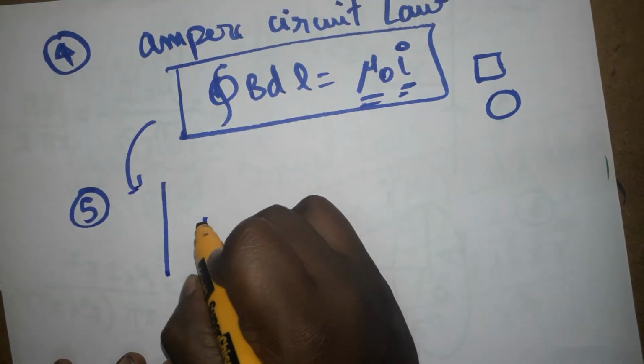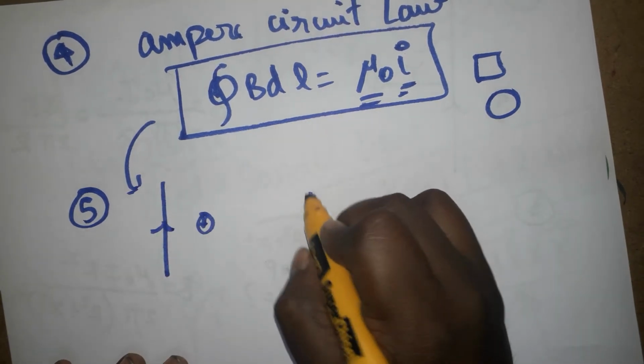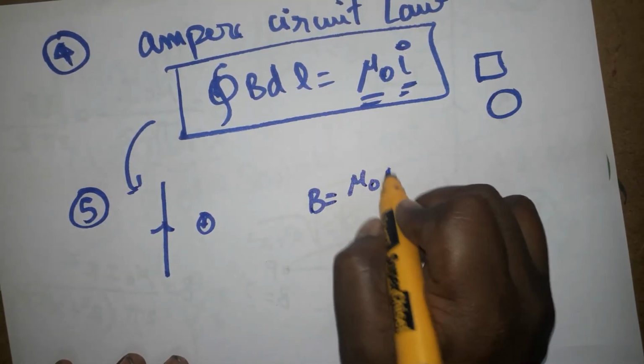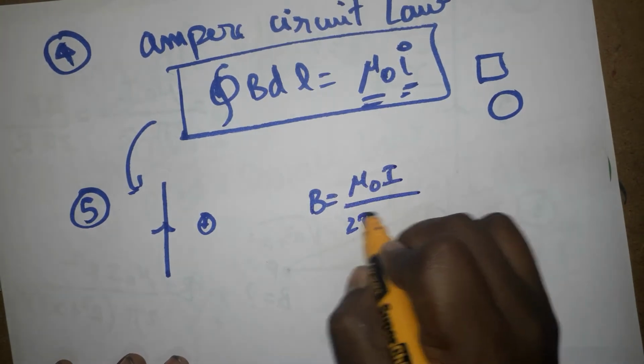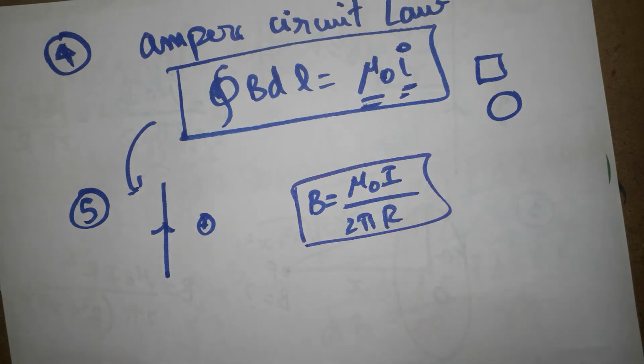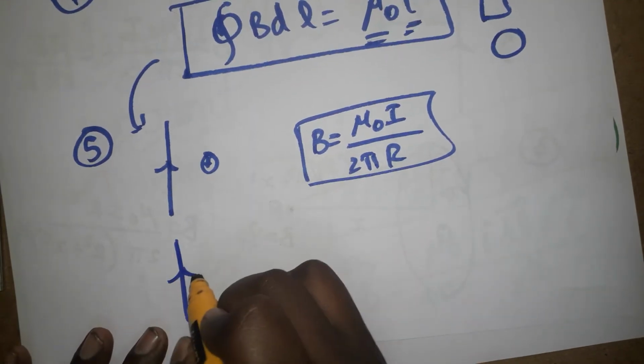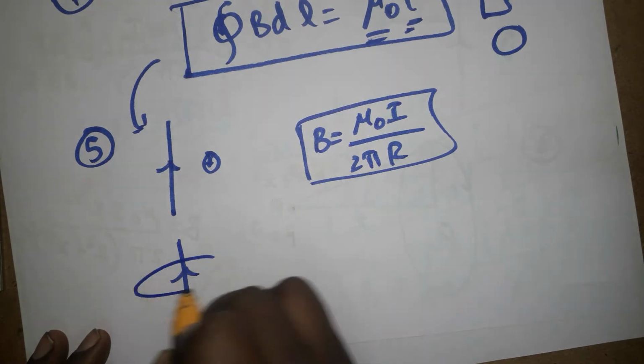Before we learned the Biot-Savart law, and now we are going to learn the Ampere circuital law for the magnetic field. The magnetic field is equal to mu naught I divided by 2 pi R. Here I am also getting the same formula because it's a straight wire current carrying conductor, so we can easily solve this equation. When a straight wire is carrying current, a circular magnetic field will be produced.